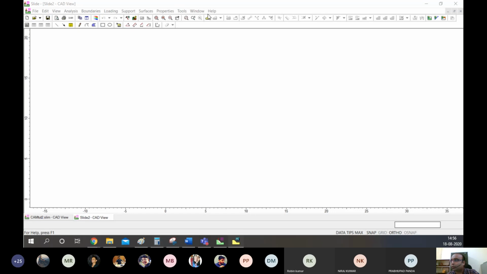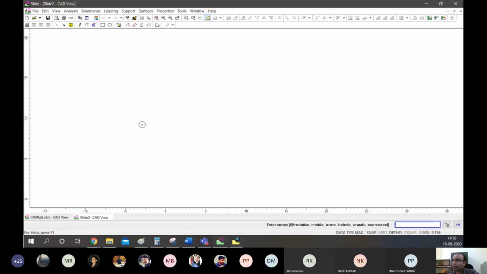Now, in this we want to create a base first, and we want to simulate a dump slope. In a dump slope, we already have a base. It looks something along the lines that there will be a base, right?